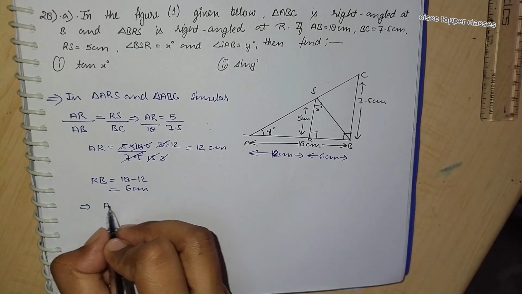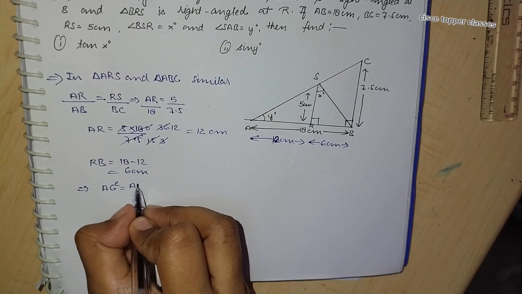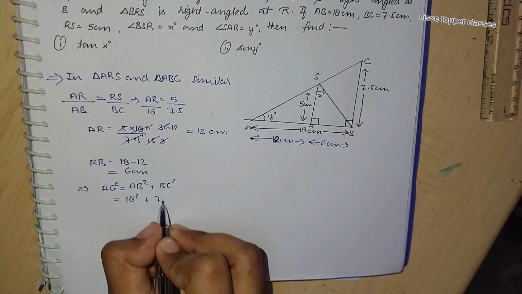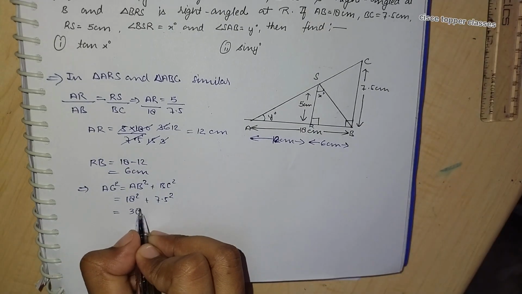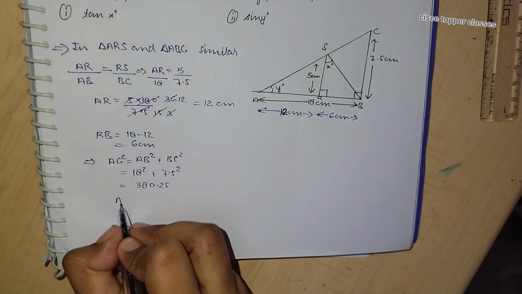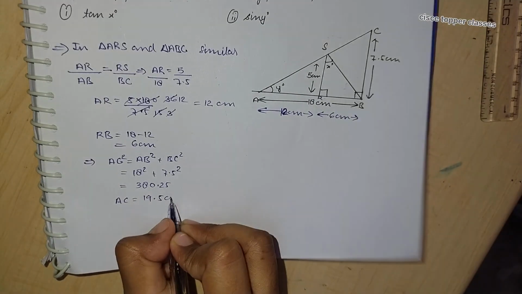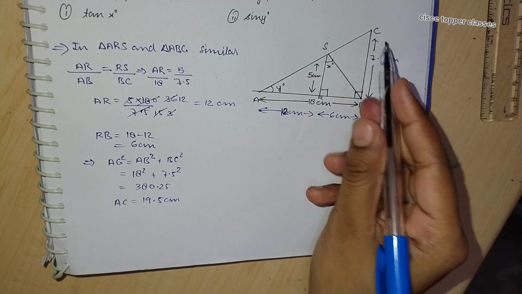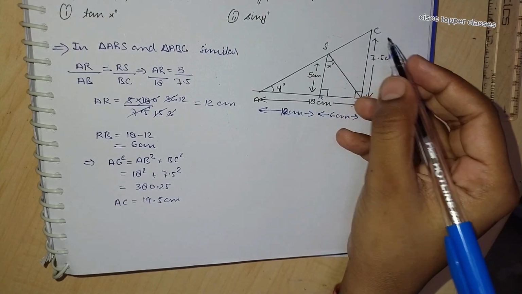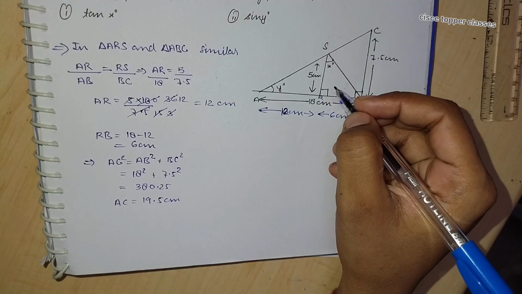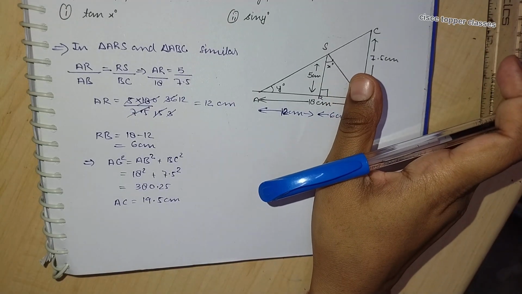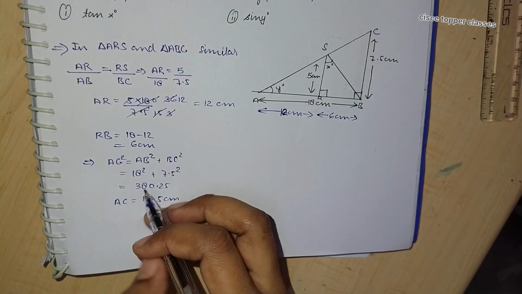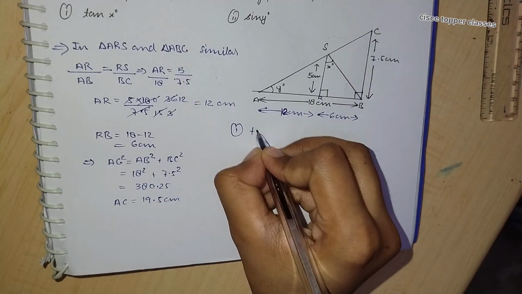So if you want to find AC, AC square will be AB square plus BC square. So 18 square plus 7.5 square, 380.25, and AC will be 19.5 centimeter. Because we know angle CBD is equal to angle A, and angle ABD is equal to angle C. So if we have found the value of AC here, we can write the value of tan x degree now,